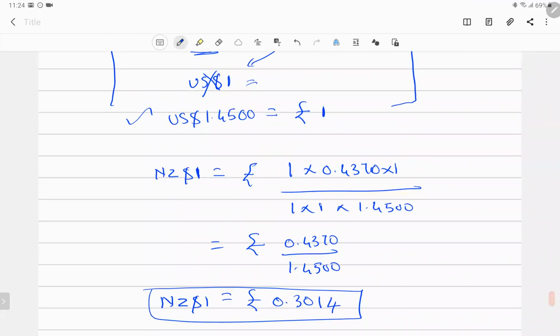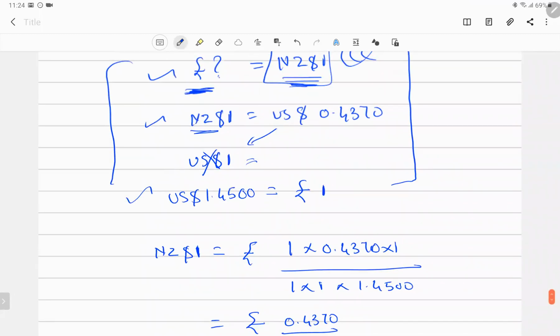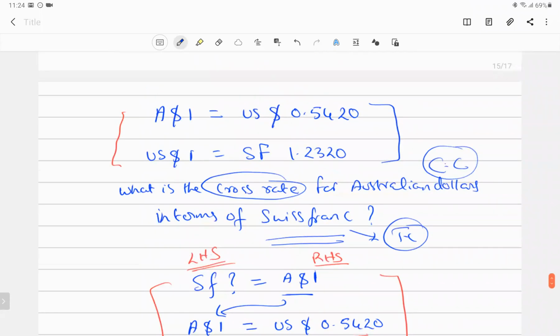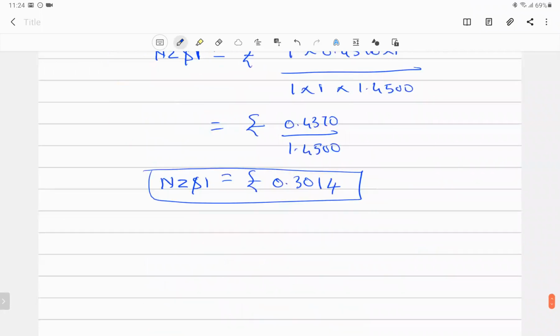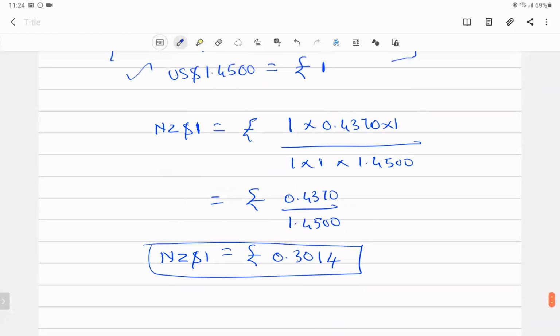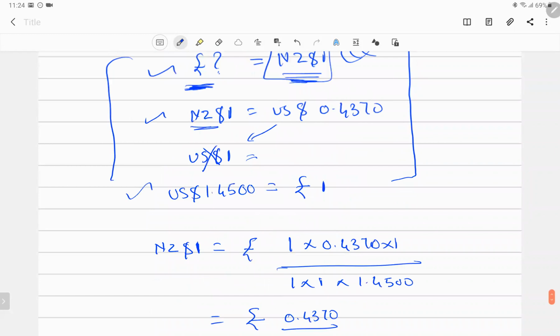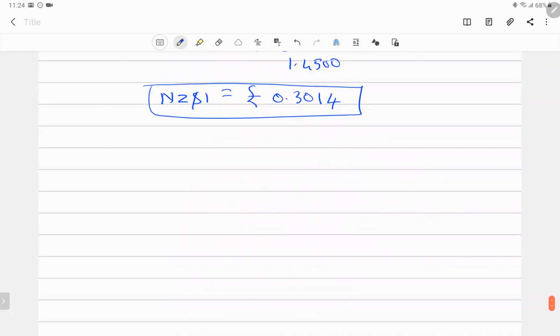Is it clear to you, the cross currency rates? Because this is very, very important for your derivatives. When I get into derivatives, I will not be teaching this, but will directly get into the concept of derivatives. At that time, I will not have the time to teach this. So you people try to work this out.